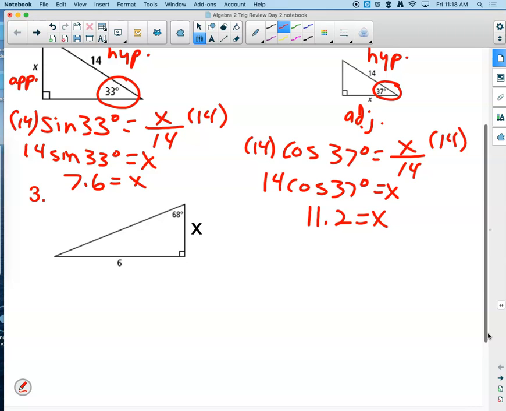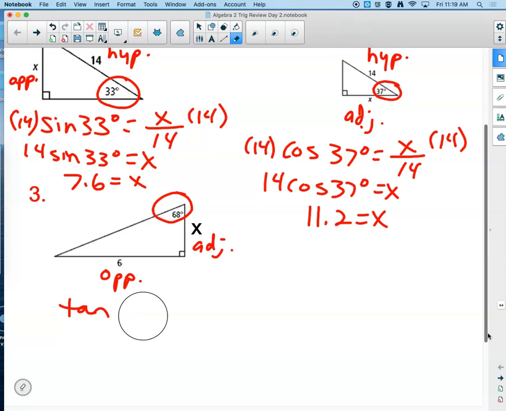Number 3, here's our angle. What should we label that side that says 6? Opposite. How about the x? Think SOHCAHTOA. Which one should we use? Tangent this time. Tangent is opposite over adjacent. So tangent of 68 degrees